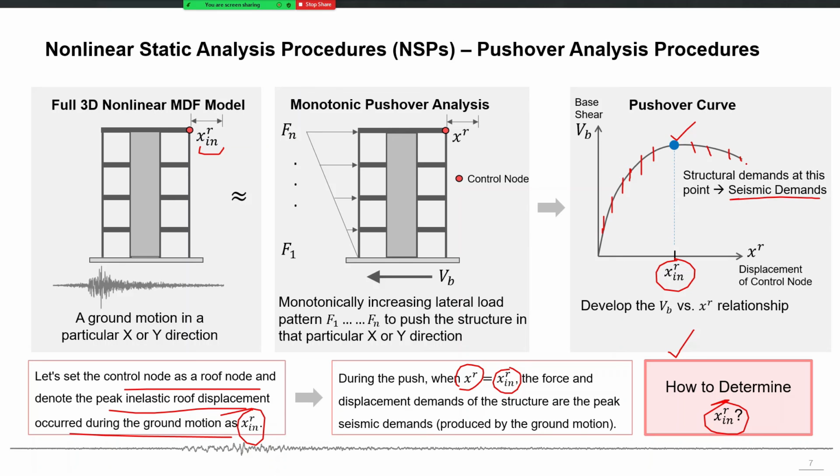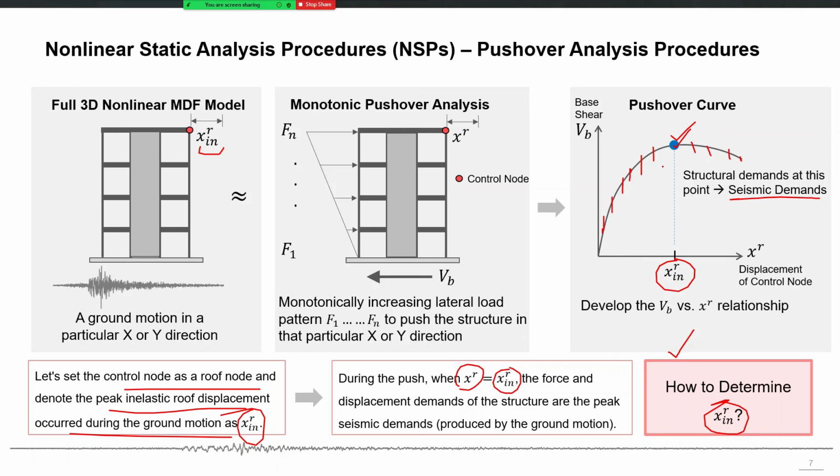So after the analysis, after plotting this curve, you can apply any method to determine this inelastic roof displacement. And once you get this number, come back to the pushover case results again and go to that particular pushover step which corresponds to your number, your inelastic roof displacement, and extract all the set of results at that particular pushover step. Those results actually correspond to your seismic demands because those are at a particular displacement which is expected in your future ground shaking.